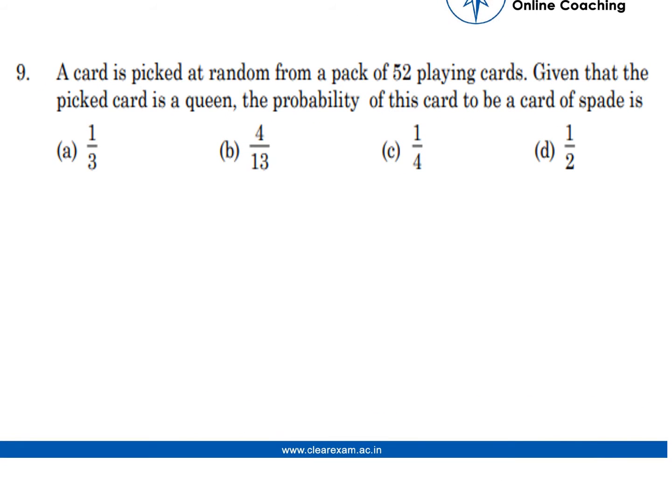Hello everyone. We are going to do this question right now. A card is picked at random from a pack of 52 playing cards. Given that the picked card is a queen, the probability of this card to be a card of spade is, so the options are A 1 by 3, B 4 by 3, C 1 by 4, and D 1 by